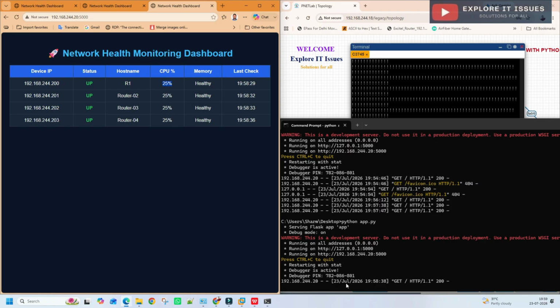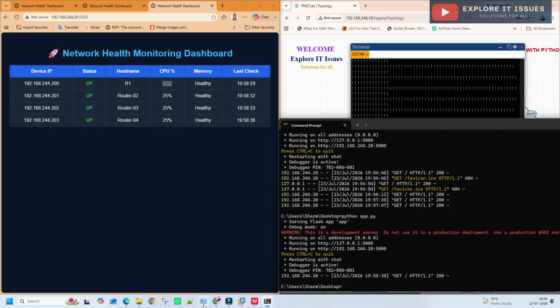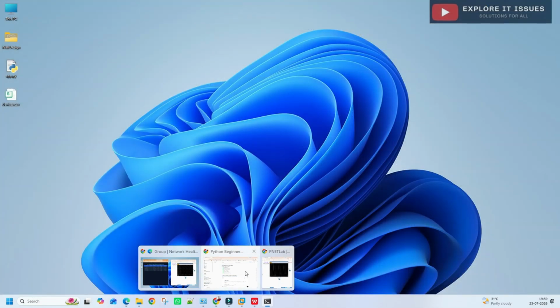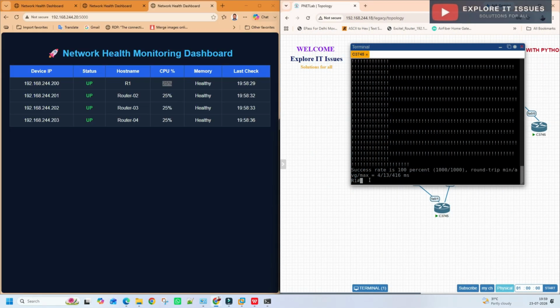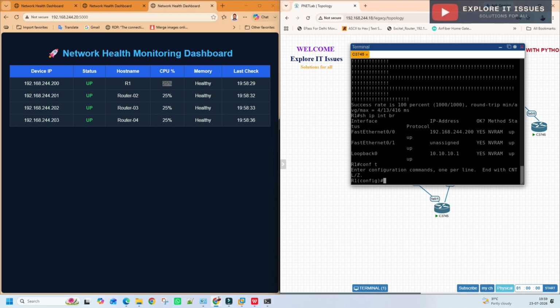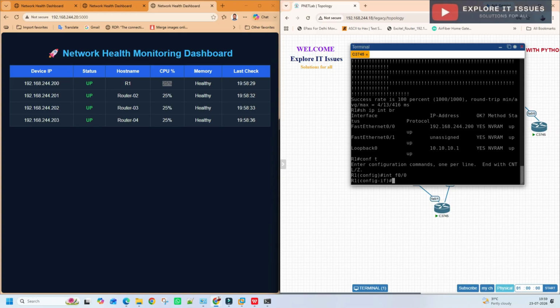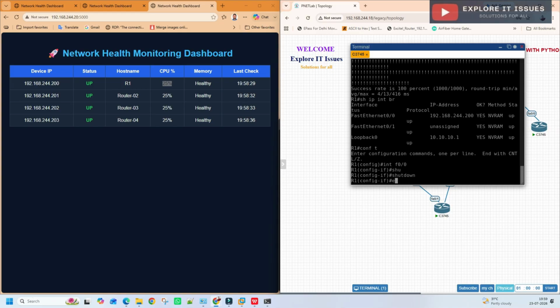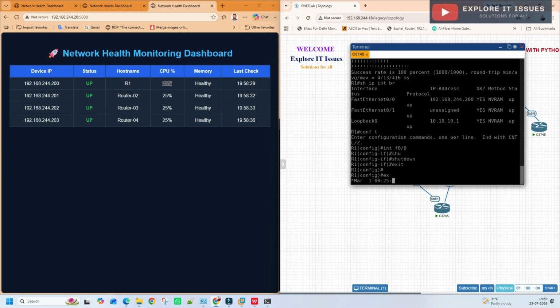First I just stop this script and go to the lab here and show int br, then stop the port FastEthernet 0/0. So config t, int f0/0 and shut.